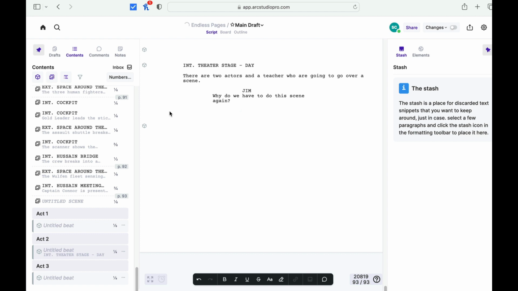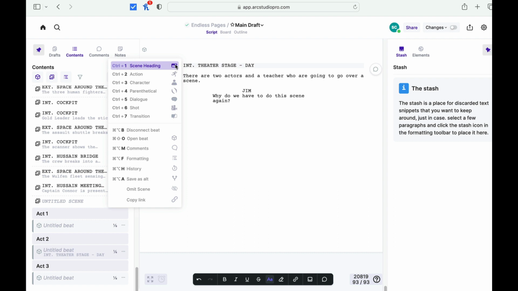Okay. Let's see if we can figure this out here. So we started with this, this, and this. I'm interested to see scene heading. Okay, so Control 1. All they did was click on the icon, and so each of these different things I can see. This is neat to know as shortcuts. So a shortcut is Control 1 for scene heading, actions Control 2, character parentheticals Control 4, dialogues Control 5, shot,